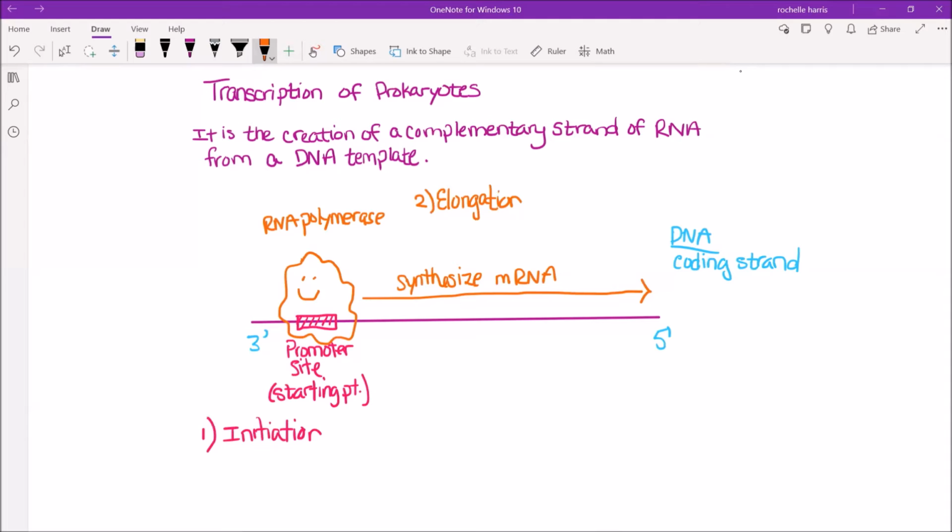So let's go in a little deeper on elongation. We know that is the synthesis of messenger RNA, but let's give a little more information on it. In order to make messenger RNA, you need nucleotides, and nucleotides are picked up by RNA polymerase. Now these are RNA nucleotides